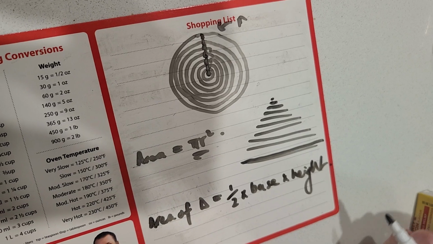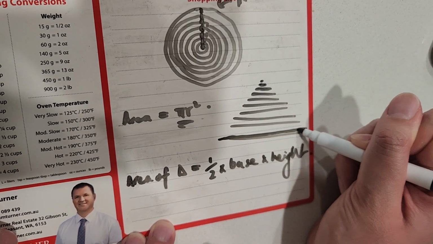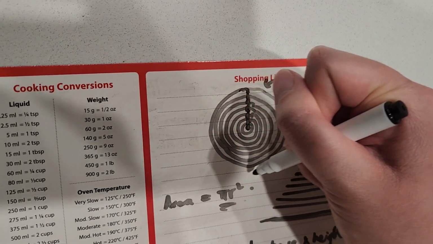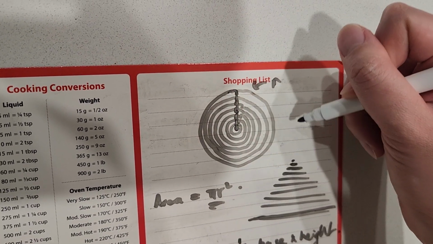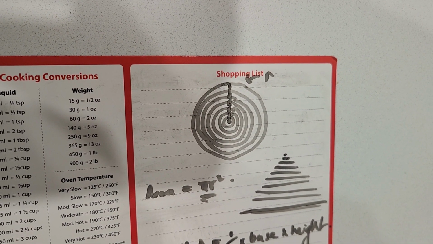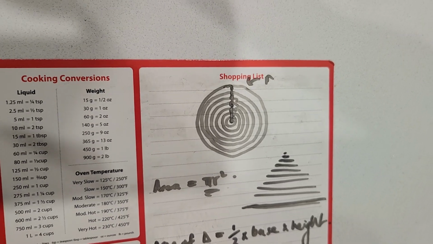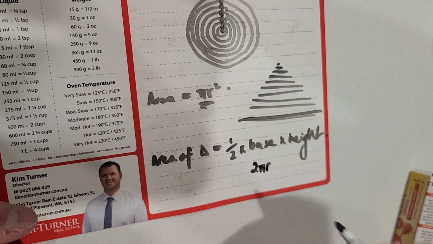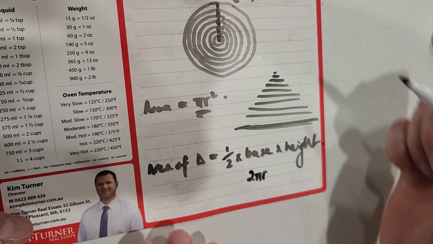Yeah. The base of this triangle would be this piece of the concentric circles. It would be the largest one, wouldn't it? Yes, which is the circumference of the circle. So the base is the circumference of the circle. Circumference is 2 pi r. The height